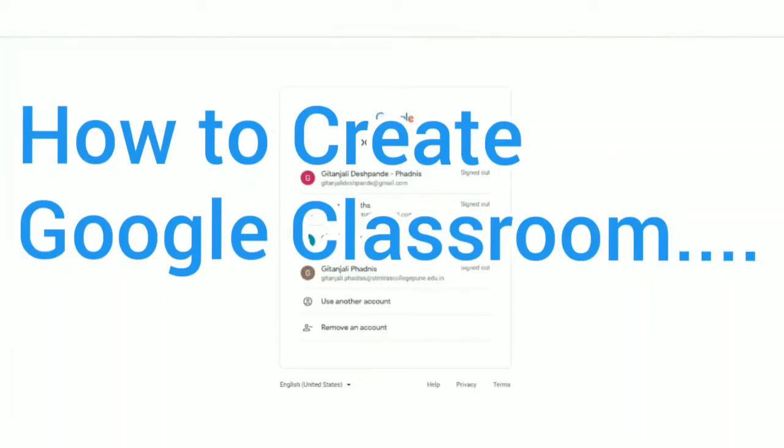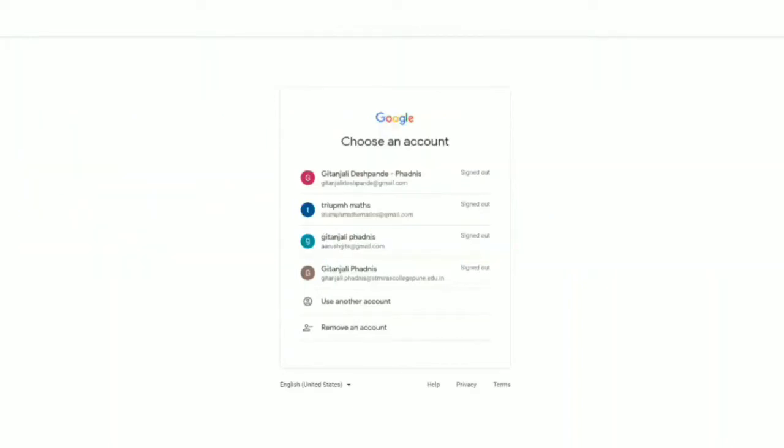Hello friends, today we are going to see how to create a Google Classroom. Now as we all know, we are facing many problems due to the lockdown, due to COVID-19, which is spreading the corona disease, and we all are trying to find solutions so that we can work from home smoothly. So this is an essential tool for teachers and students as they can continue with the teaching learning process online. So here I am with Google Classroom.